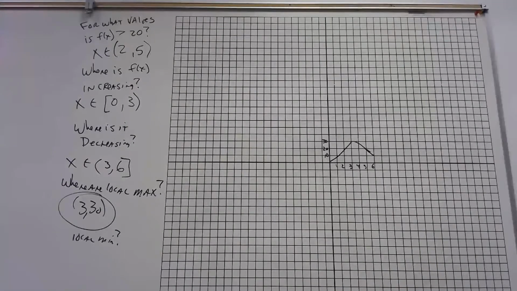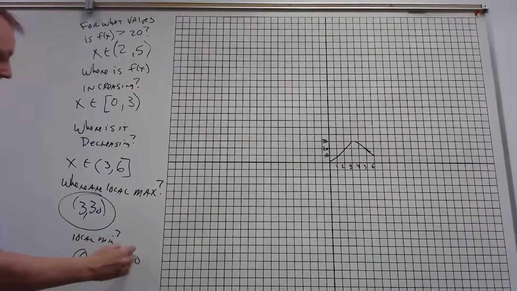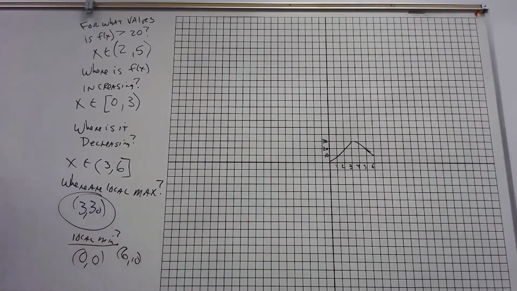How about the local minimums? Yeah, I'm thinking 0, 0. And 6 goes down. Is that the only one? I mean, you could do 6, 10, but I would say that 0, 0 is as well. No, I would say 6, 10. Local minimums. Okay, now, since you liked 0, 0, it would also have another name, which would be called